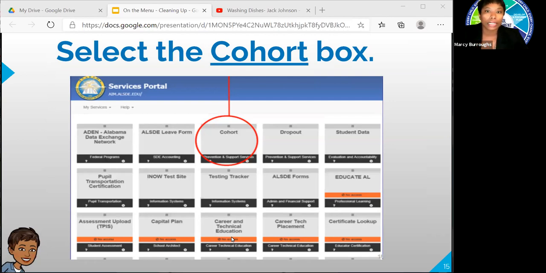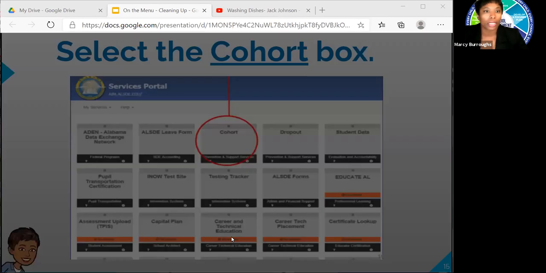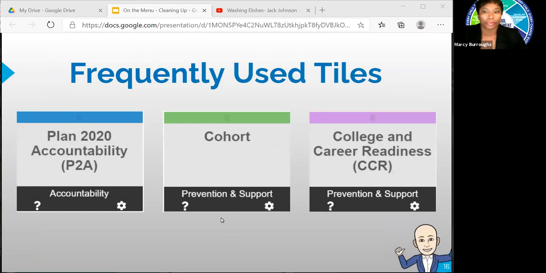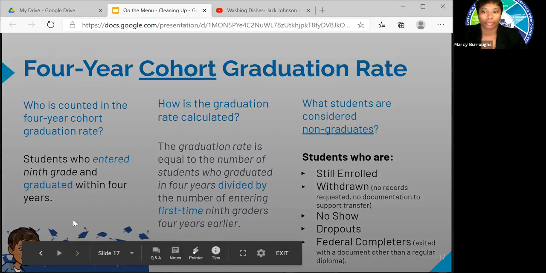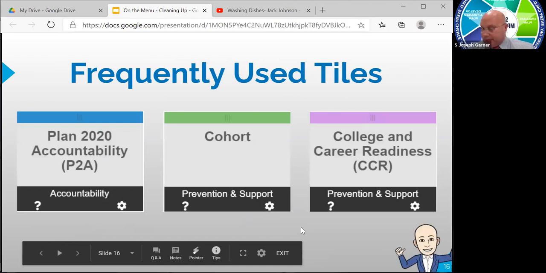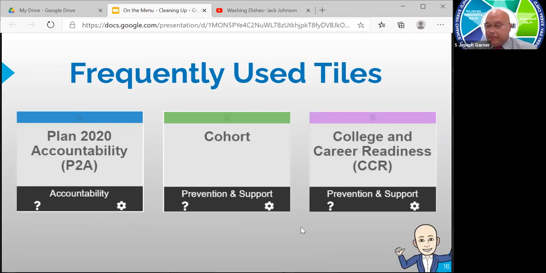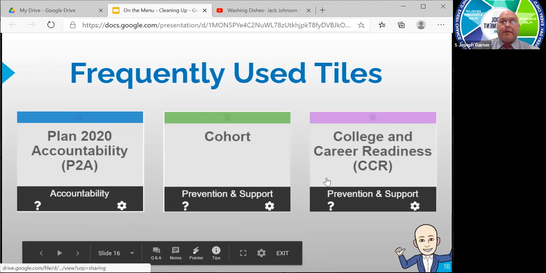So before I continue on, Joe is going to talk to you about the frequently used tiles that are located in the Ames portal. Yes, ladies and gentlemen, in my experience, there are three main tiles that are used when looking at accountability for schools. Two of which we have an opportunity to clean up throughout the school year. The first one being college and career readiness,